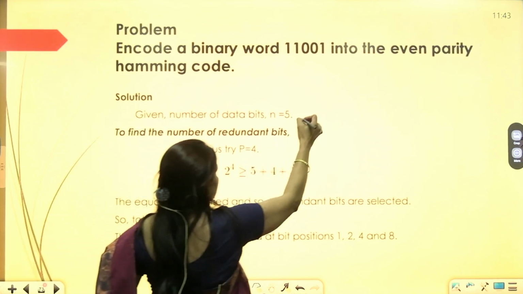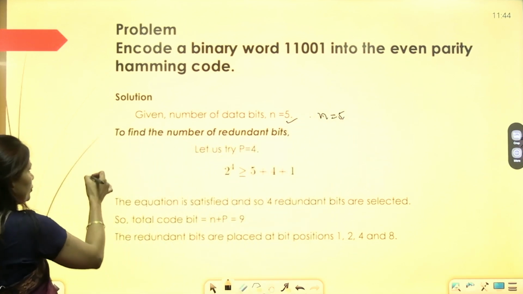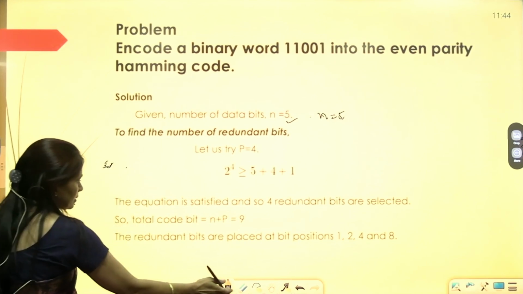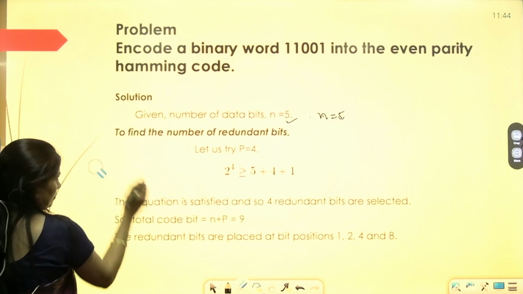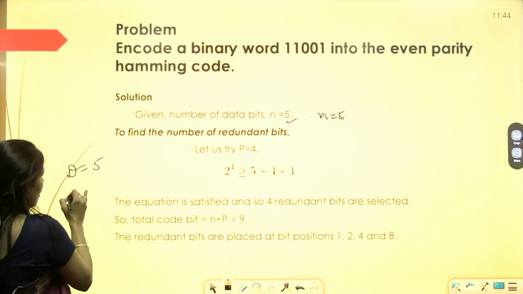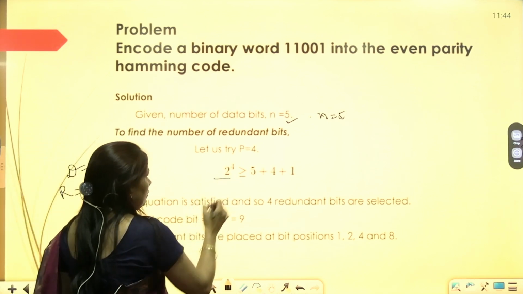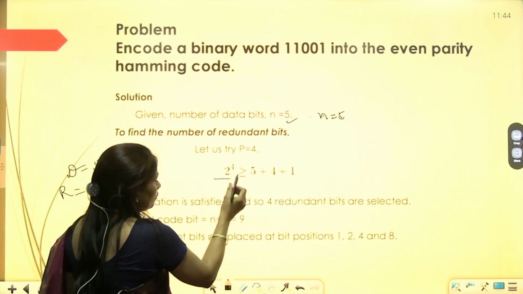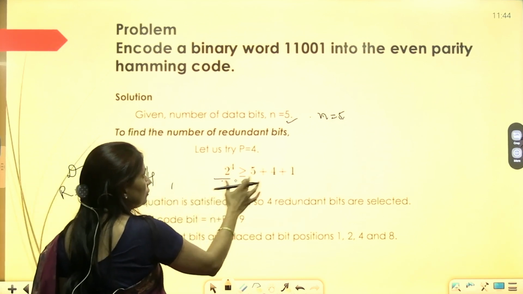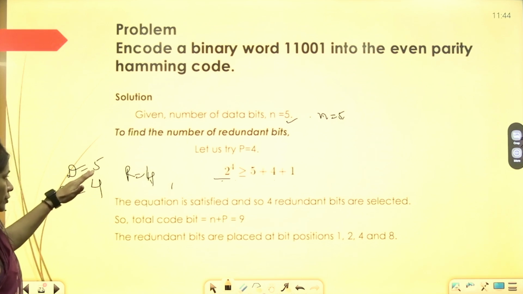Take an example where n is equal to 5. If the original message size is 5, the number of bits in the original message is 5, so D equals 5. How many redundant bits do we add? 2 to the power r must satisfy the condition; with r equal to 4 the condition is satisfied, so we add 4 redundant bits to the original message.